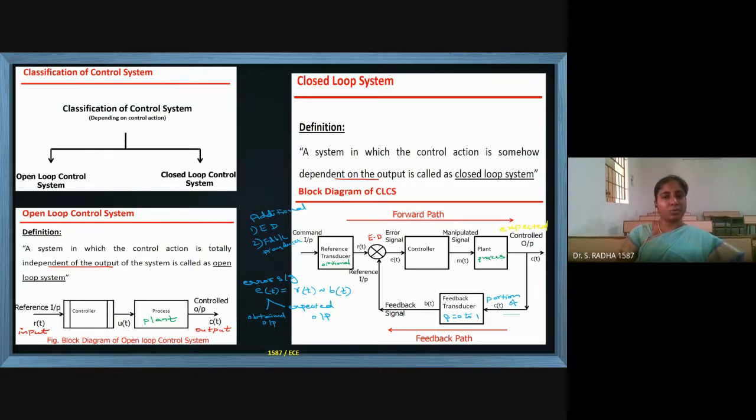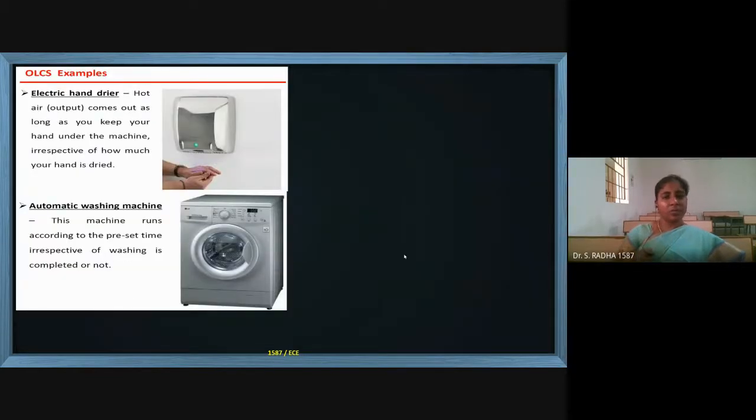These are the different things about closed loop system. Okay, open loop and closed loop system. Now coming to the examples of open loop system,